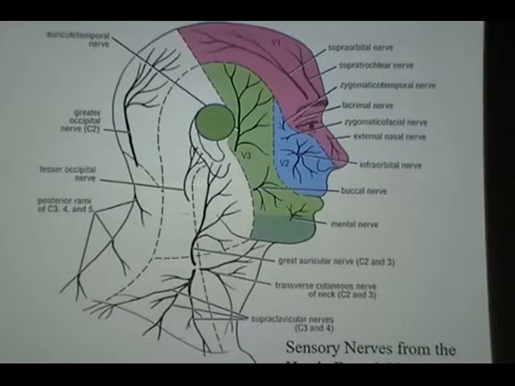Okay, so this is where we left off with the superficial face. This is the distribution, basically, of both cranial nerves and spinal nerves to the face. In relationship to this slide, it's color coded, so the ophthalmic branch V1 gives off primarily supraorbital and supratrochlear branches, and also this external nasal branch, which was a portion of what we refer to as the nasociliary, is given off